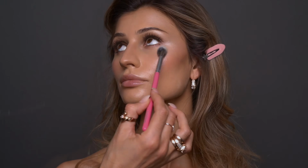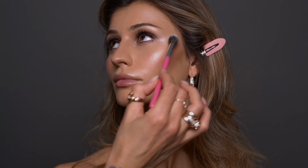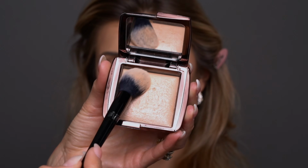Now that I have finished my complexion using the cream products, I'm moving on to the powders, and I'm going to use two different setting powders. Now you see me using Charlotte Tilbury's Airbrush Flawless Finish powder, and I'm only concentrating it underneath the eyes where concealer was applied and the central points of the face. These are the points that I don't want to be shiny at all,